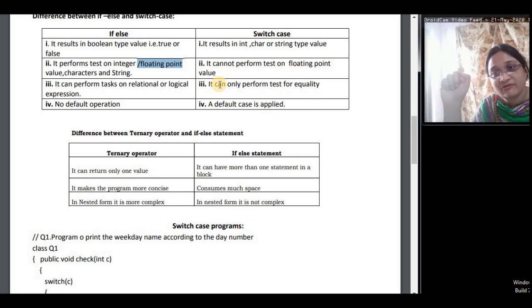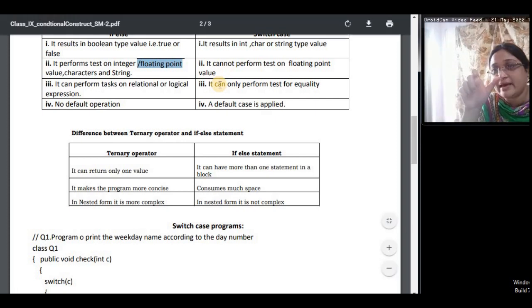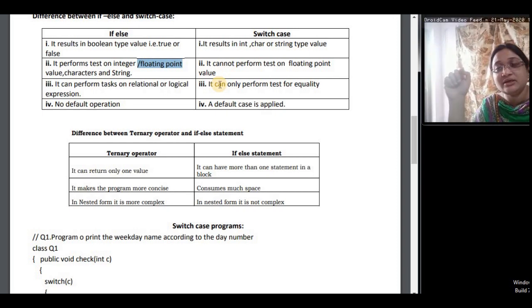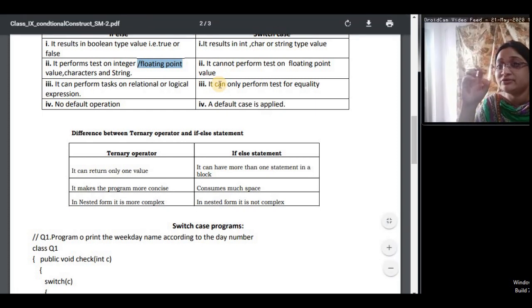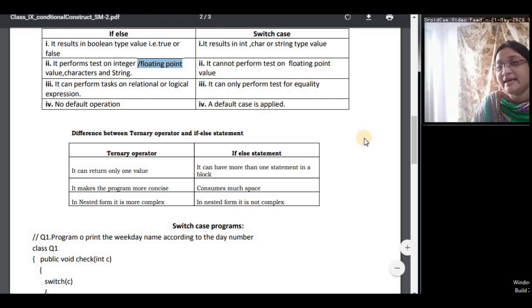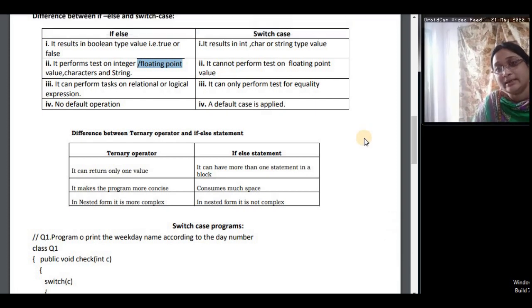Because x will have a value and y will have a value, and when we add these two, it will return a constant value. If x is 2 and y is 3, and I write switch in brackets x plus y, that means 2 plus 3, it will return 5. So it is returning a constant value. It is checking for equality. But in the same thing, we cannot write x less than equals to y.